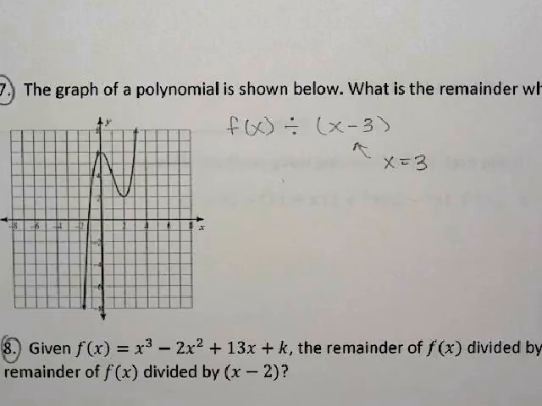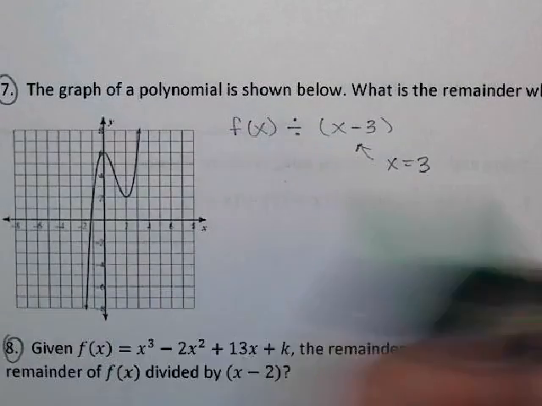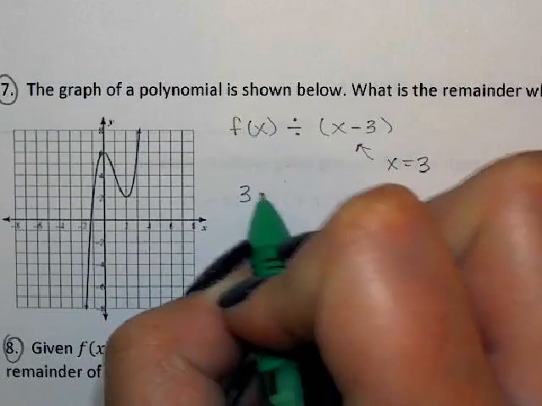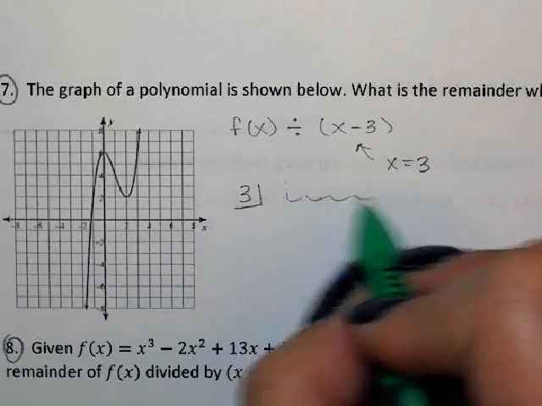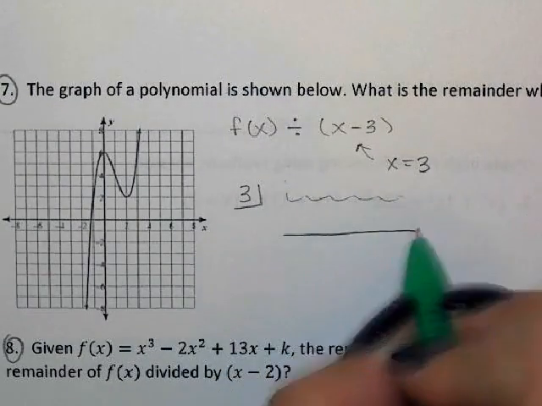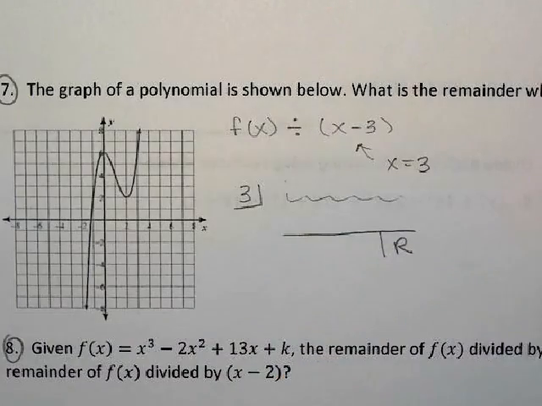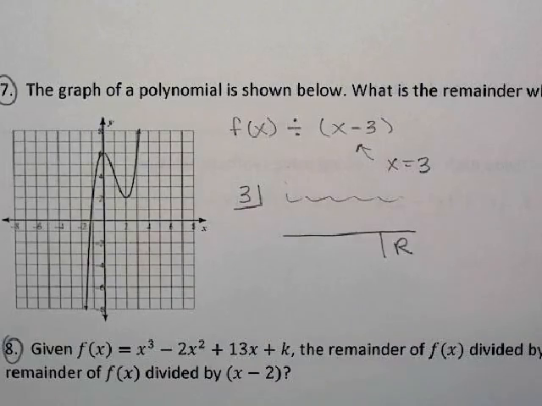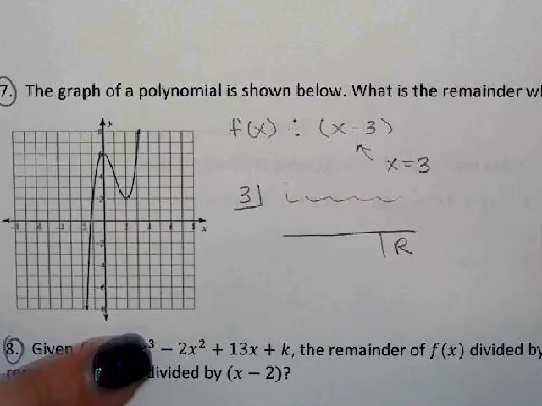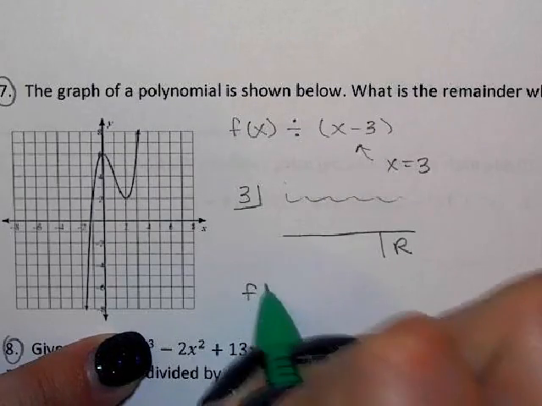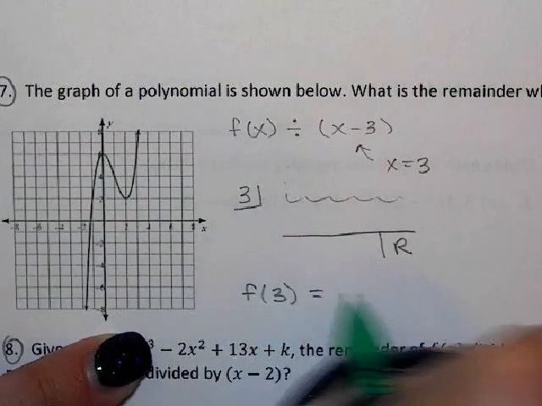And the remainder is the answer that we are trying to get, right? So if I were to do synthetic division, I would put the 3 in the little box. I would have all my coefficients right there, and my little remainder would go here, right? Is that true? Okay. Now, the remainder theorem tells us that if we do f of 3, we get the